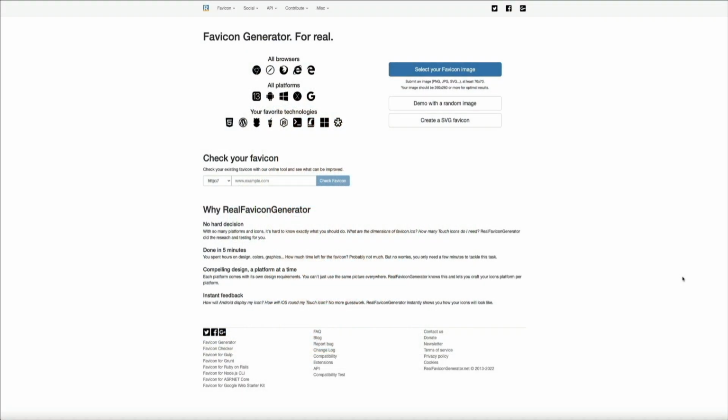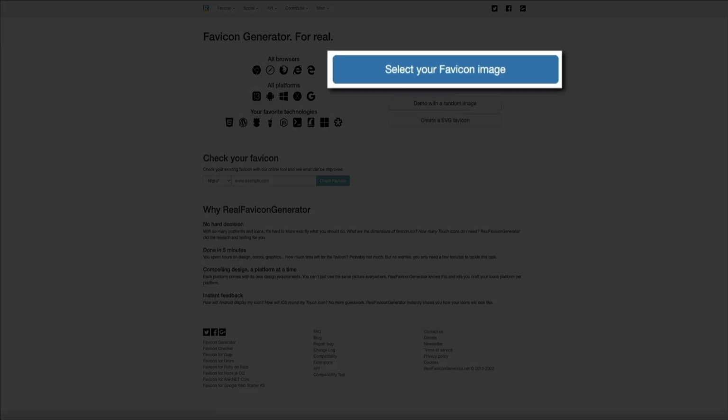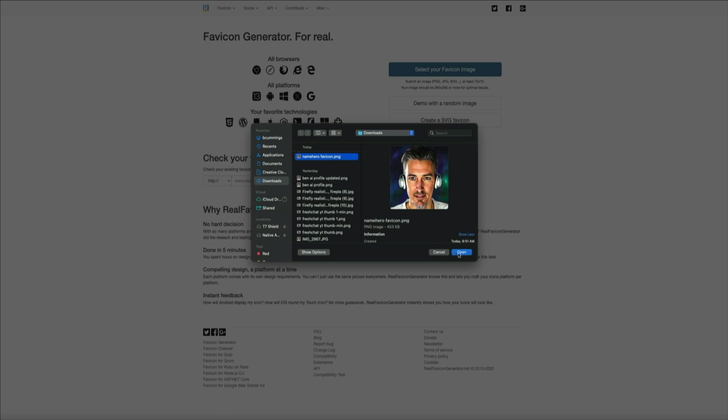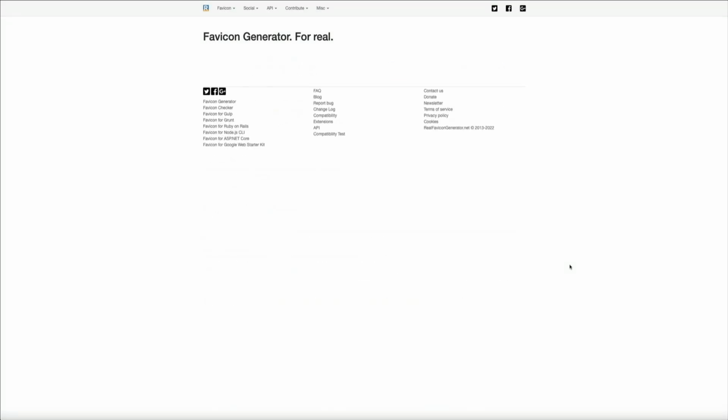But for this first part of the tutorial, I'm acting as if you already have an image and need to properly resize it for your site. That's when the Real Favicon Generator comes into play. So back at the generator, the first step is to click the Select Your Favicon Image button. Then find the image you want to use. There we go. And then the tool gets to work, and in a few seconds, you're presented with a preview